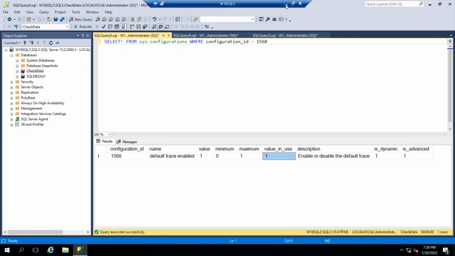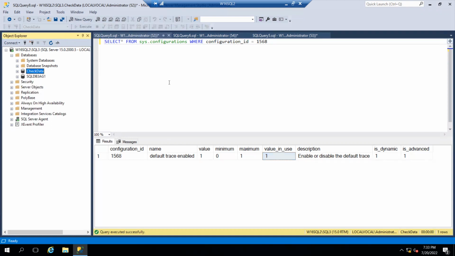When we try to capture the database growth, we will capture the data file auto grow event. As we know, SQL Server expands the size of the database data files and log files based on the auto growth setting of an individual file, to avoid space issues in the existing transaction. So, with the help of this,